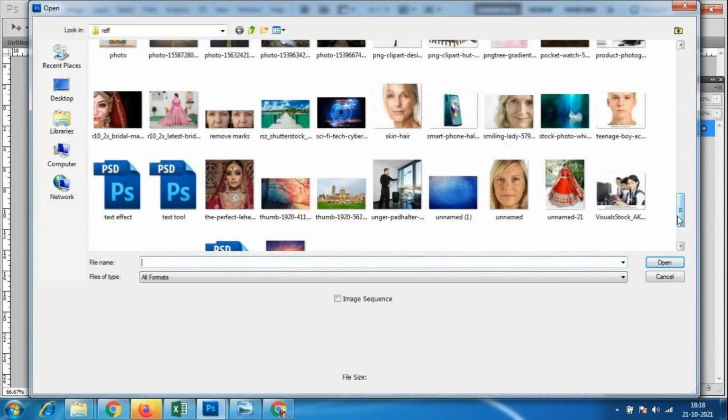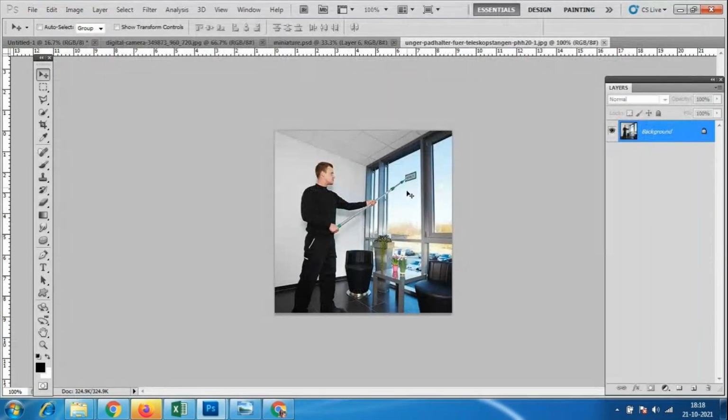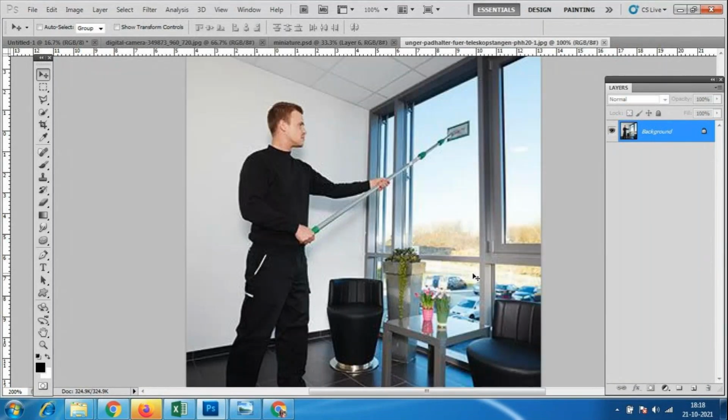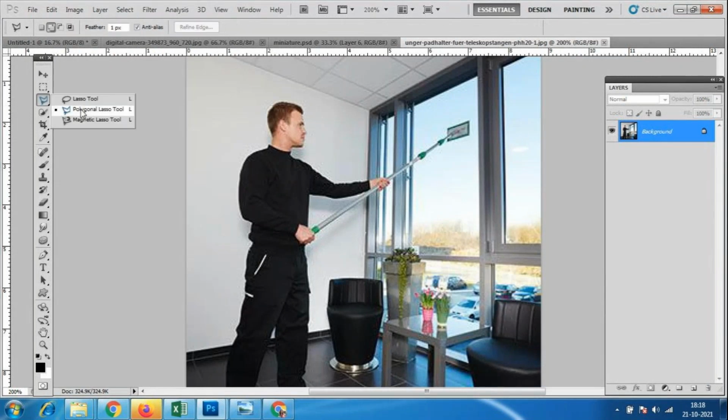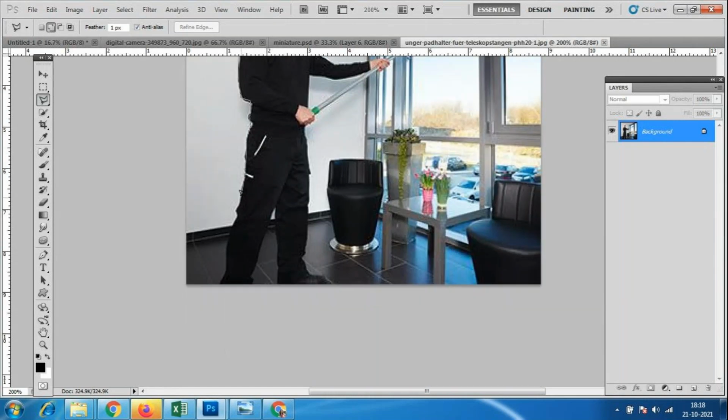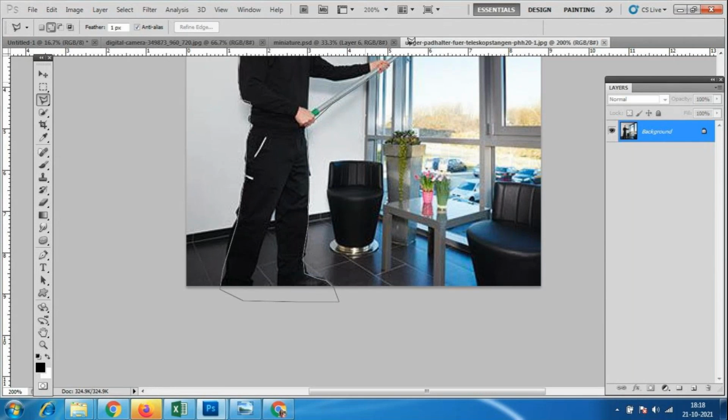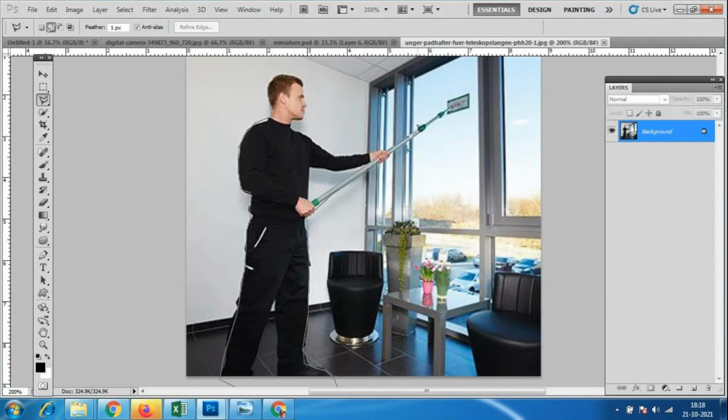We can take this person, and we'll go to the polygonal lasso tool, and I'll select it like this roughly. After practicing, you will also become a little faster, so you can easily use the tools.